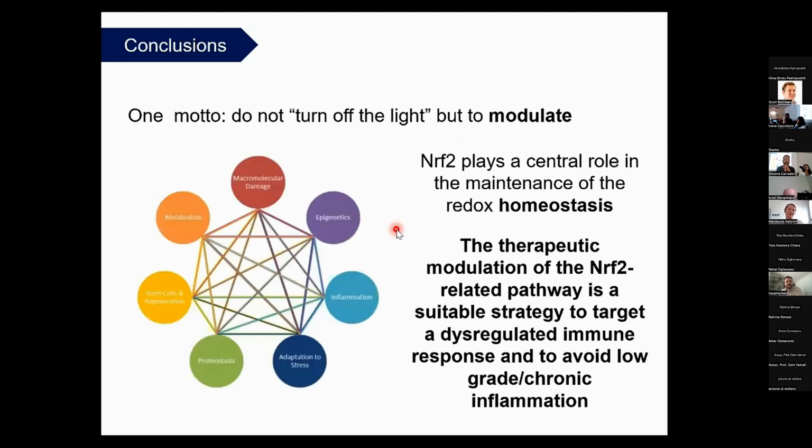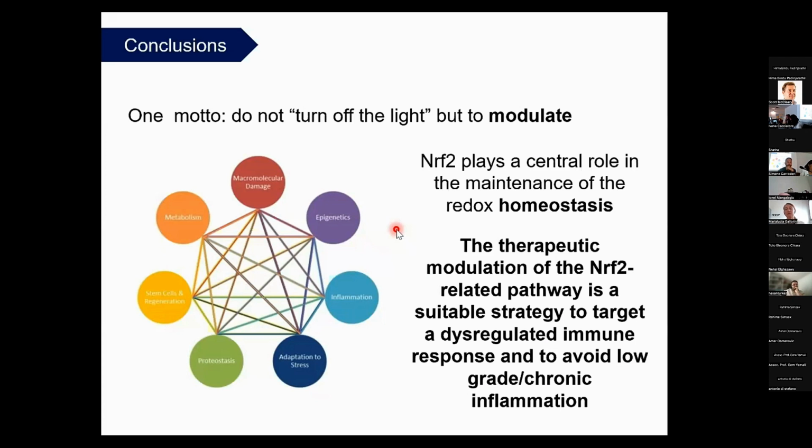So, concluding, we can have one motto, which is do not turn off the light on inflammation, but modulate molecules implicated in inflammation. And we can say that the NRF2 transcription factor is a central player in the maintenance of redox homeostasis. And we can speculate that NRF2 is a general mechanism of cells to counteract inflammation. And so NRF2 can be an innovative therapeutic target